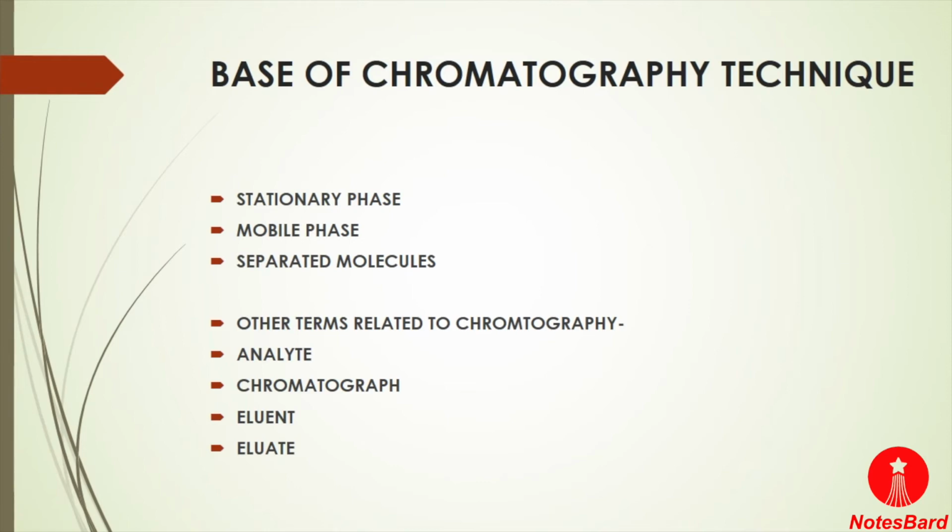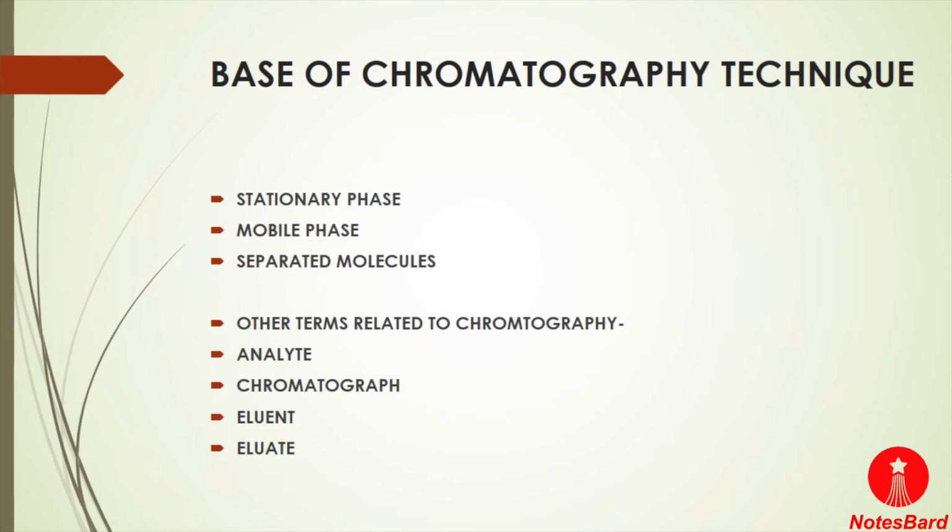Now there are two other terms named eluent and eluate. Here the eluent, sometimes also spelled elutant, is the solvent or the mixture of solvents used for the elution in chromatography, and the eluate is the mixture of solute and solvent existing in the column in the process of column chromatography. Besides these, there are several other terms related to the chromatography technique, like chromatogram, bonded